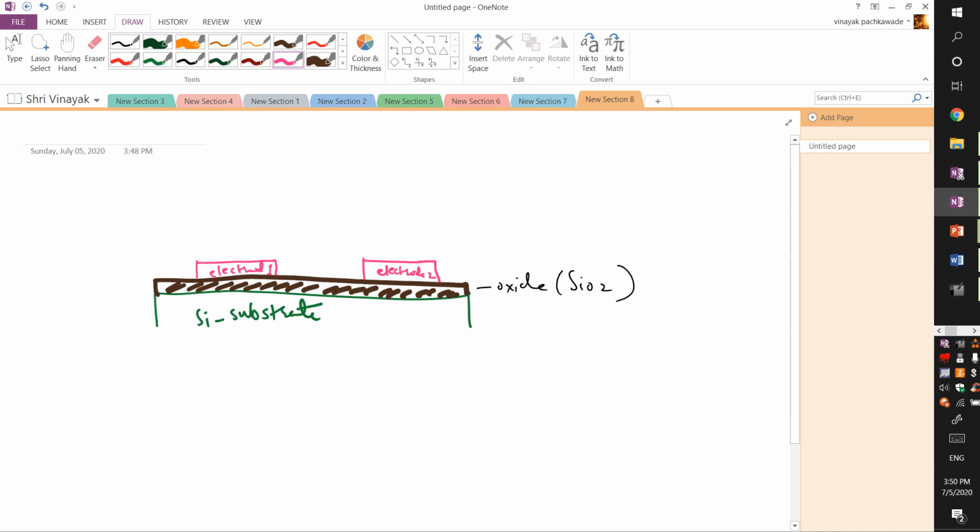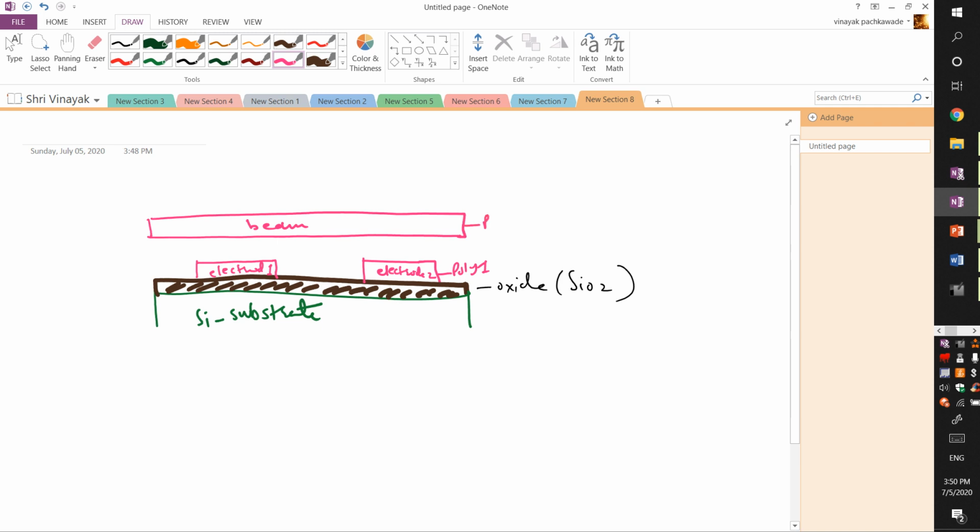Over here, and then on top of it, as per the fabrication rule, I have the structure on top of it. So let's say this is a beam, and these are the poly 1, let's say, or metal